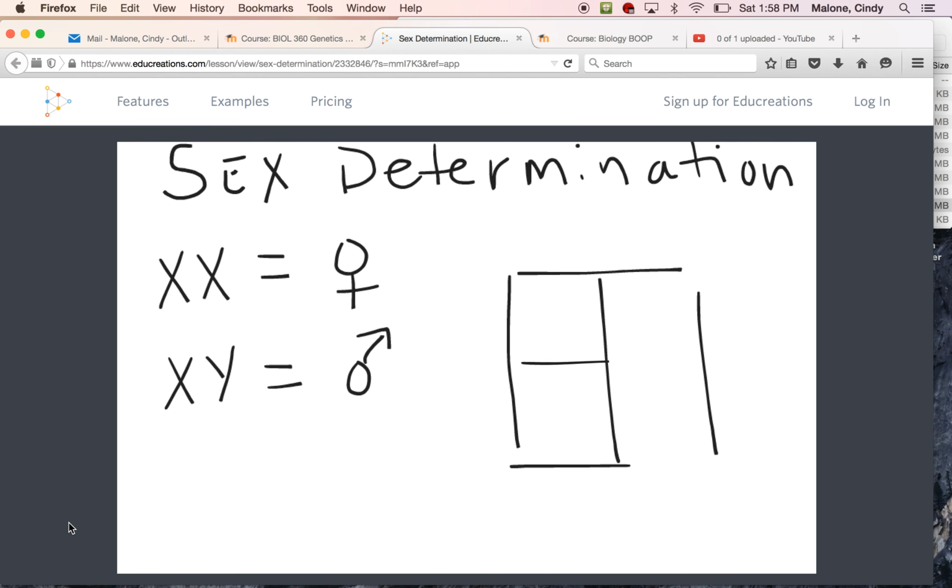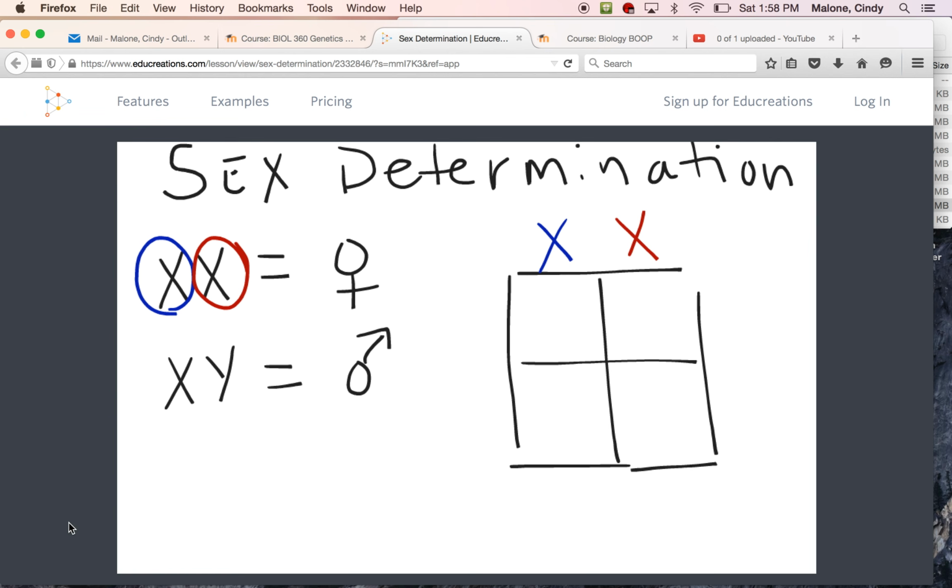So here's our little Punnett Square. Now, if you're female, all of your eggs are going to have an X in the gametes, right? Because that's all females have to give away. So half of the gametes are going to have this X, and the other half are going to have this X, through the process of meiosis, of course. Okay? And so if we put